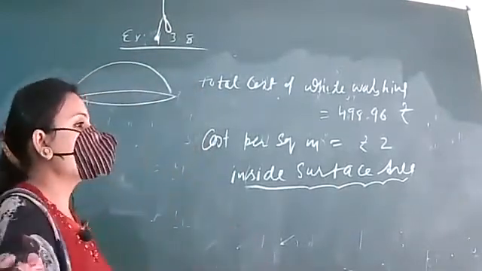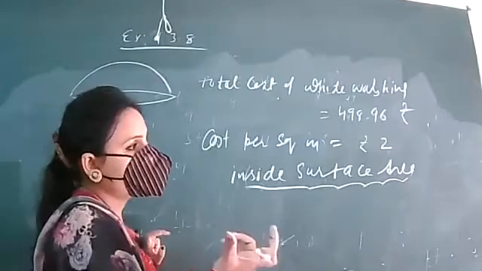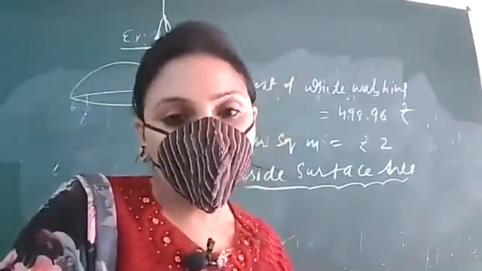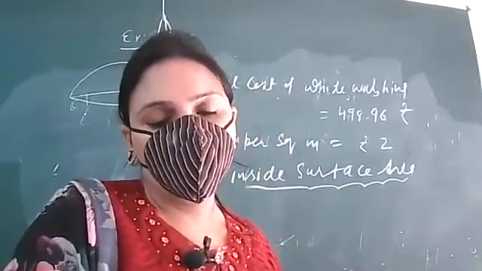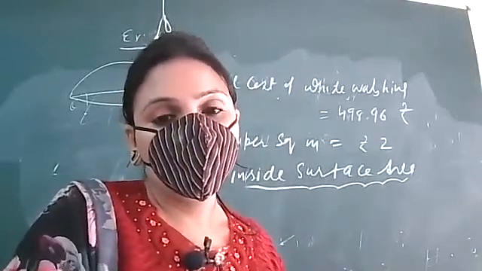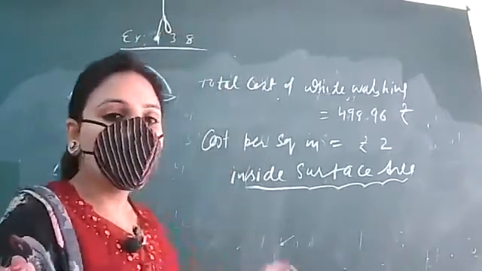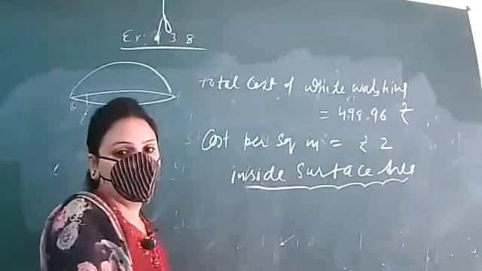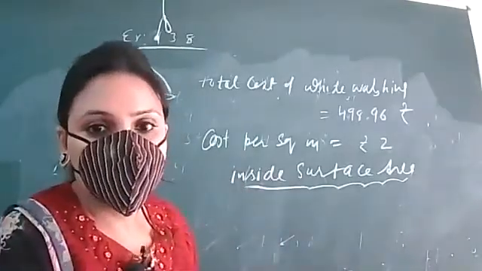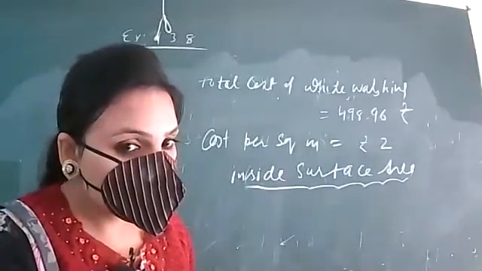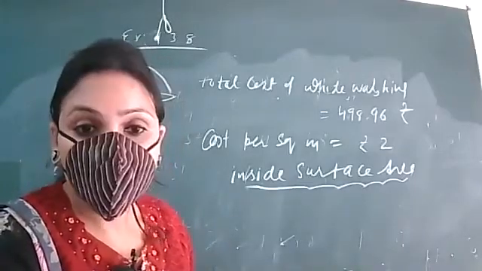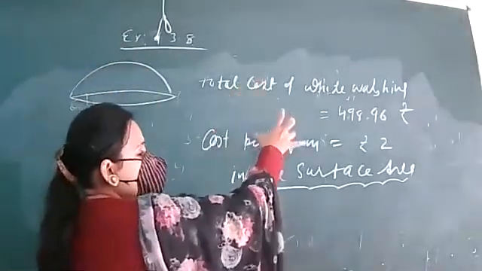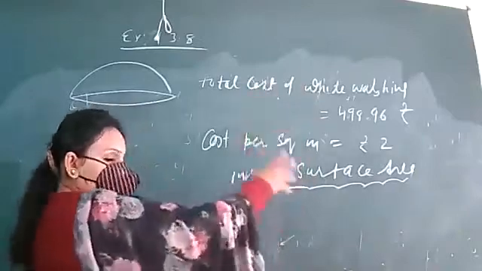जैसे अगर मैं आपके पास यहाँ पे कोई, जैसे वर्क डन इज इक्वल टू फोर्स इनटू, ऐसे रिलेशन होता है, दैट काइंड ऑफ रिलेशन यू टेल मी. कर्व सरफेस एरिया. नहीं, आप मेरे को इन तीनों में एक रिलेशन बताओ जिससे कि एक इक्वेशन बनेगी हमारे पास उस रिलेशन से. Inside surface area is equal to the whitewashing. अभी भी नहीं. ये टोटल कॉस्ट है, ये कॉस्ट पर स्क्वायर यूनिट है, ये इनसाइड सरफेस एरिया है. तीनों को कैसे रिलेट करोगे?